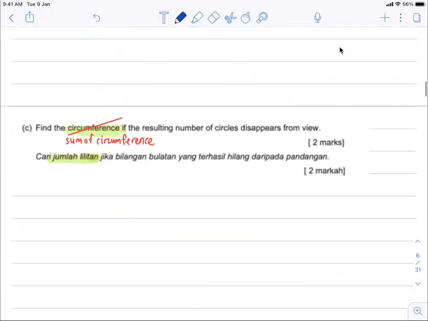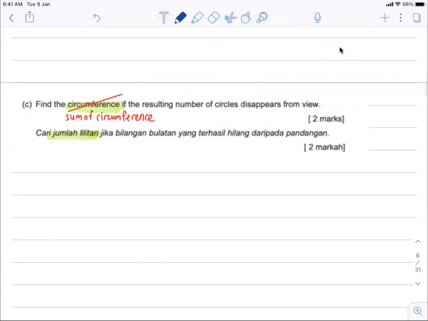Now let us move on to part C. So for question C, I think there's a typo in the question. It should be sum of circumference instead of circumference. Because in the BM, it already says jumlah lilitan. So I think that English should be sum of circumference instead of circumference only. And from this question, we also see this keyword disappears from view. This usually means